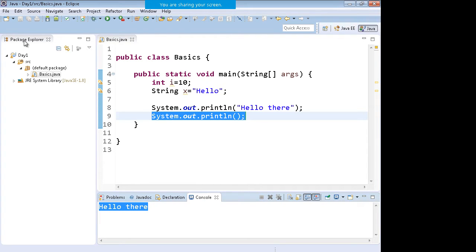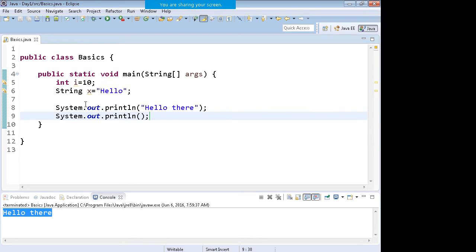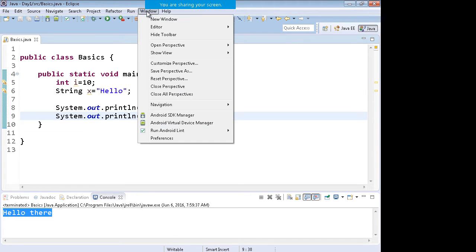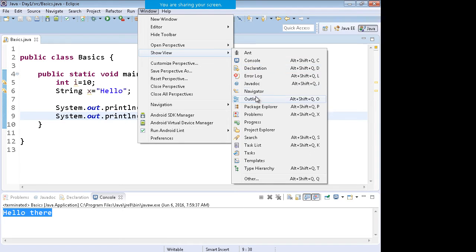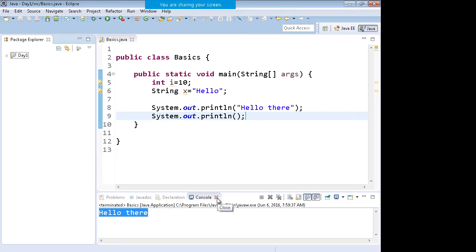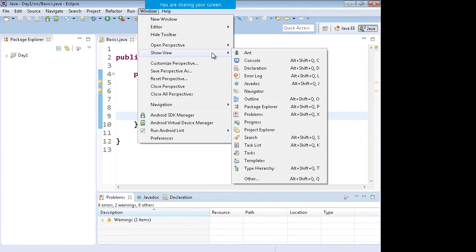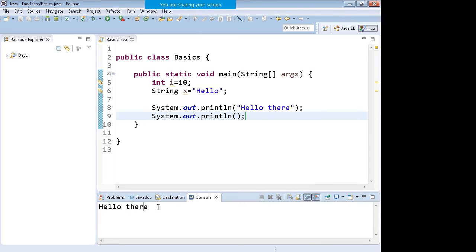This is the package explorer on the left-hand side where you will be seeing all the projects. One quick thing, guys, a problem which everyone faces by mistake. Sometimes people close the package explorer and then try to figure out where it has gone, and then they ask me. Look, you can bring it back. You can go to Window, Show View, and you will see the package explorer over here. Sometimes you close the console by mistake and then you don't know how to bring it back. You can again go to Window, Show View, Console, and it will come back.